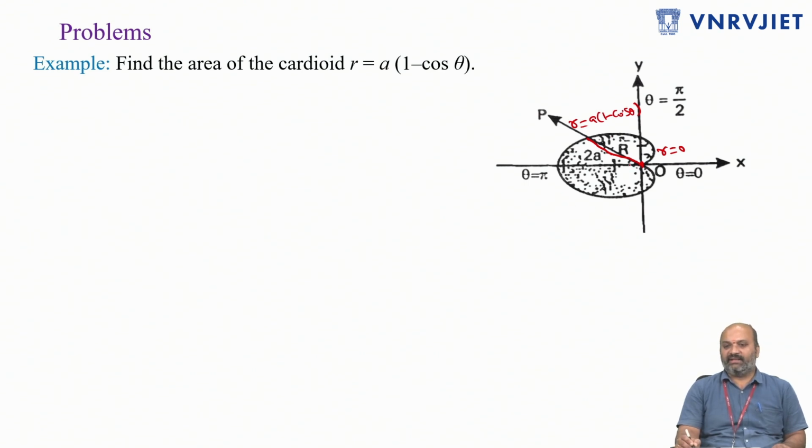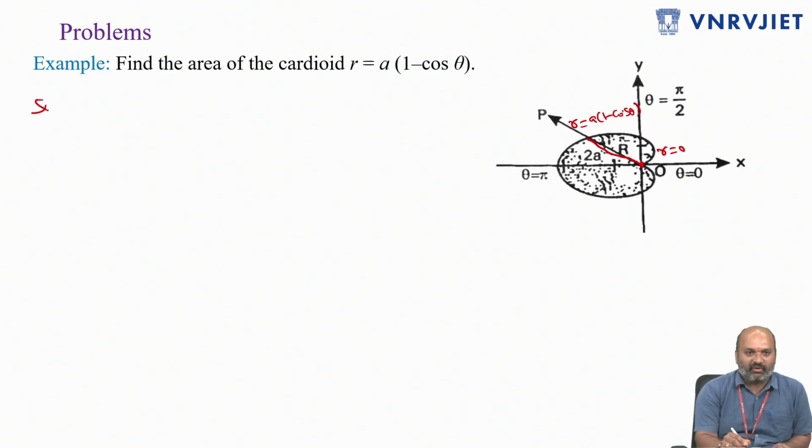But instead of taking theta equal to 2 pi, we'll take theta equals 0 to pi only, because this cardioid is symmetric about the initial line. So instead of evaluating throughout the region, it is enough to evaluate 2 times the area above the initial line. Since it is symmetric, the area above the initial line and below the initial line is the same. Therefore,